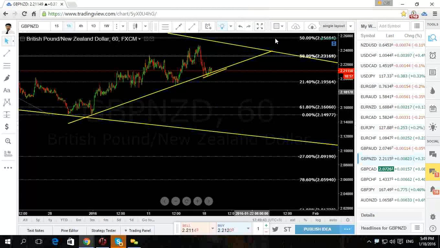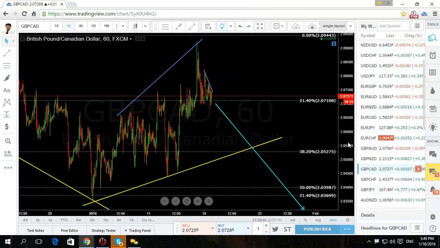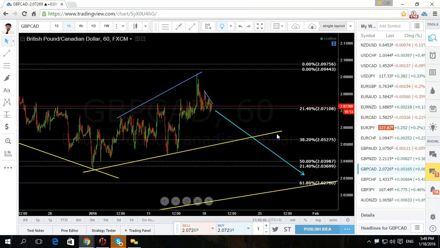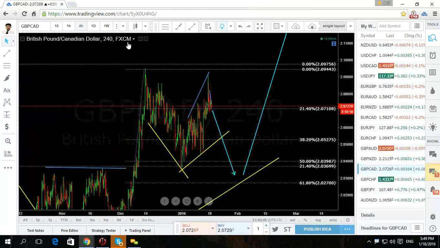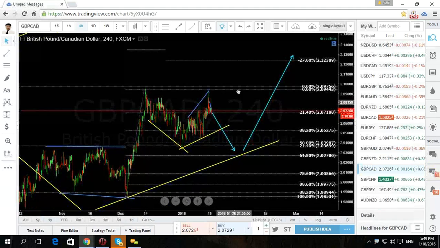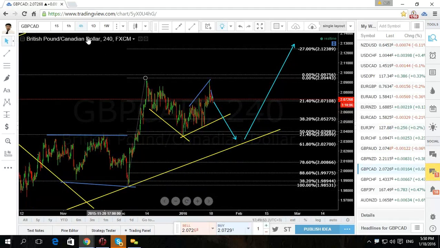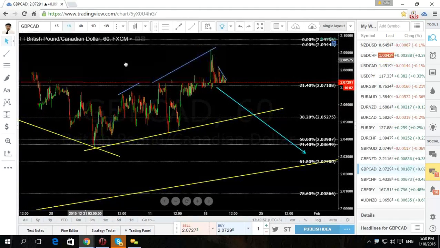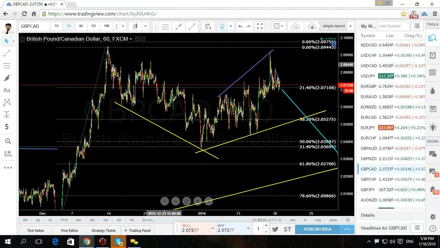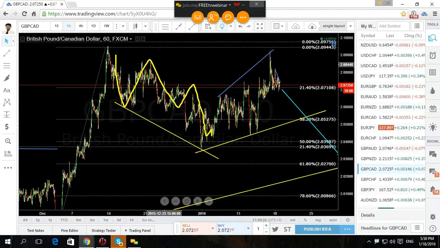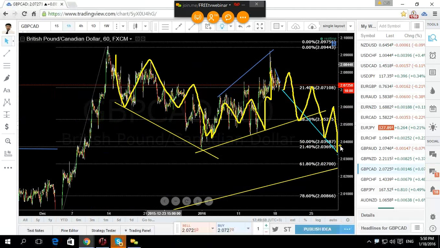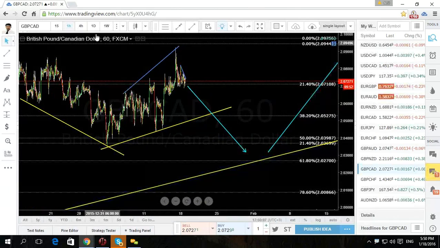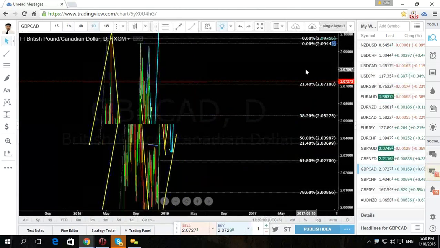If you look at the Pound CAD, I posted this today, and because of these structures, I'm looking for a similar trade. What they did was what most traders will call a mess. They made a mess going up, and they're likely going to make a mess coming down. So I'm not looking to trade it to the downside, but what I'm looking at is if it makes that down move,